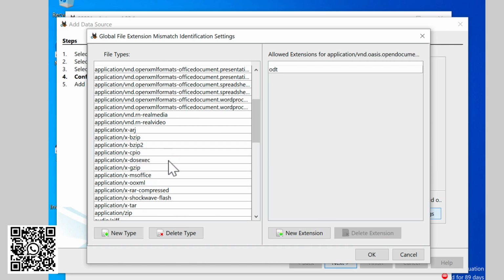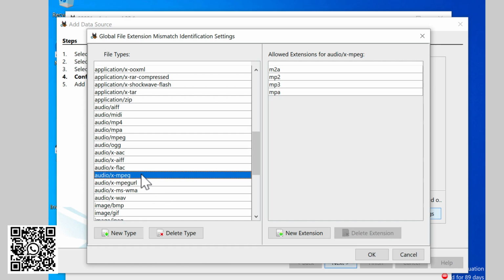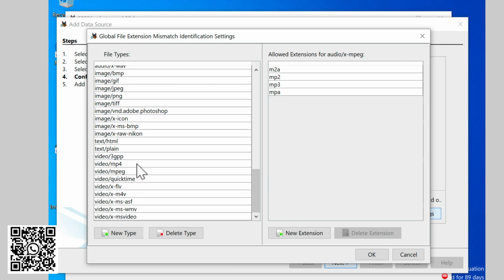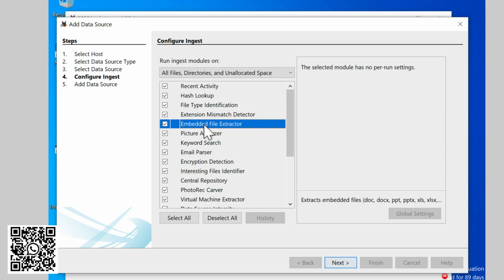So let's say MS Word is using doc and docx. In audio we have MIDI files, MP3 files. In video we have QuickTime files. So extension mismatch detector basically uses the header of the file and the extension to find if the extension was mismatched, and it will flag automatically, so the investigation becomes way easier.